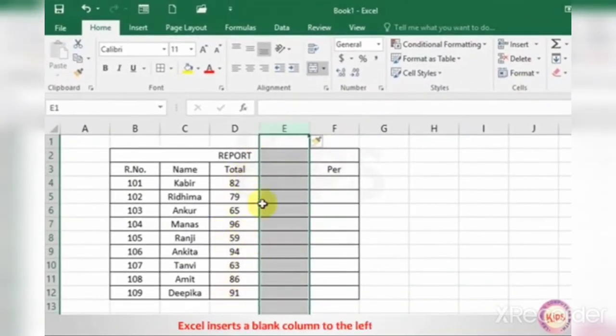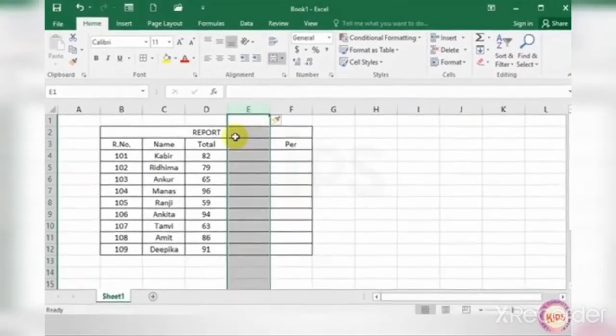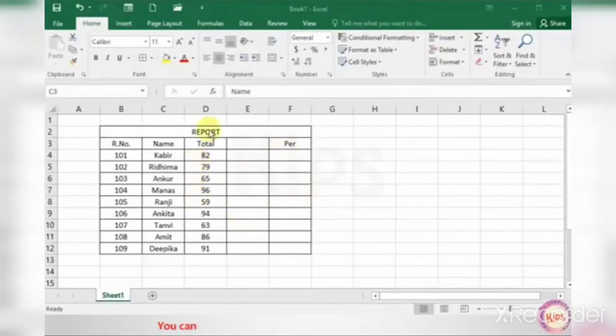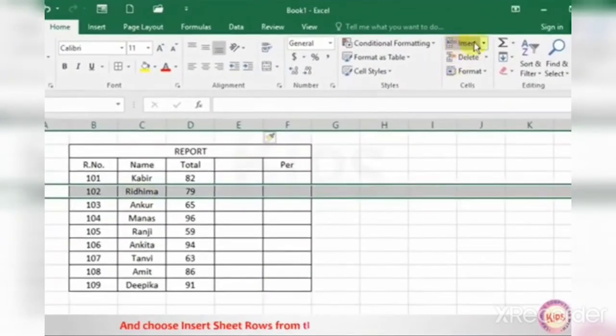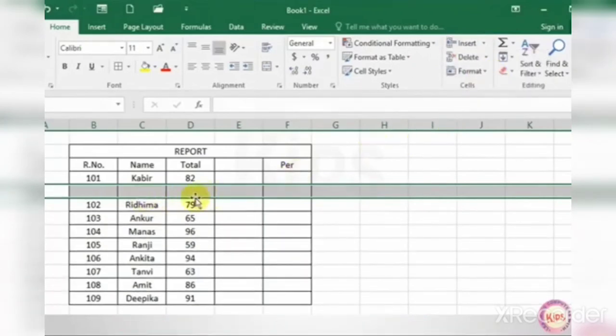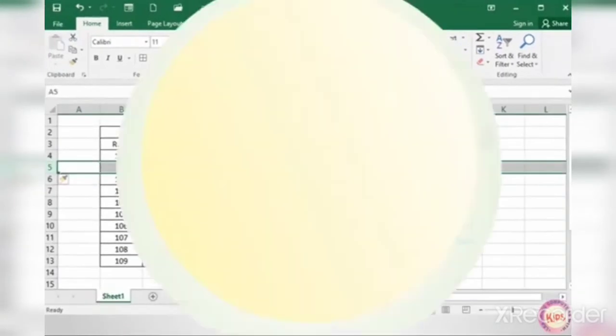You can see Excel inserts a blank column to the left of column E and shifts the entries of column E to column F. Then you can insert a row in the same way as you insert a column. Select the row or a cell above which a row is to be inserted. Then choose the Insert Sheet Rows option from the insert menu and you can see a row has been inserted.